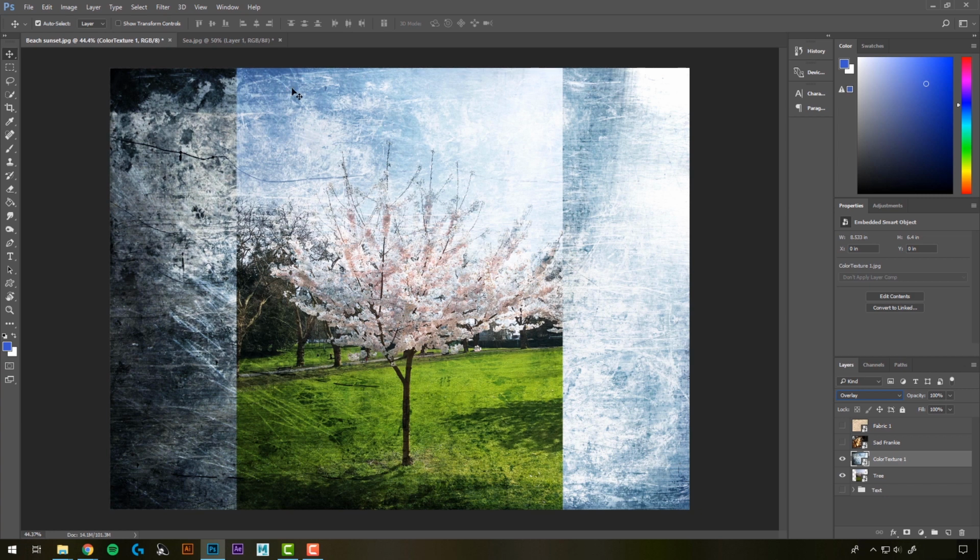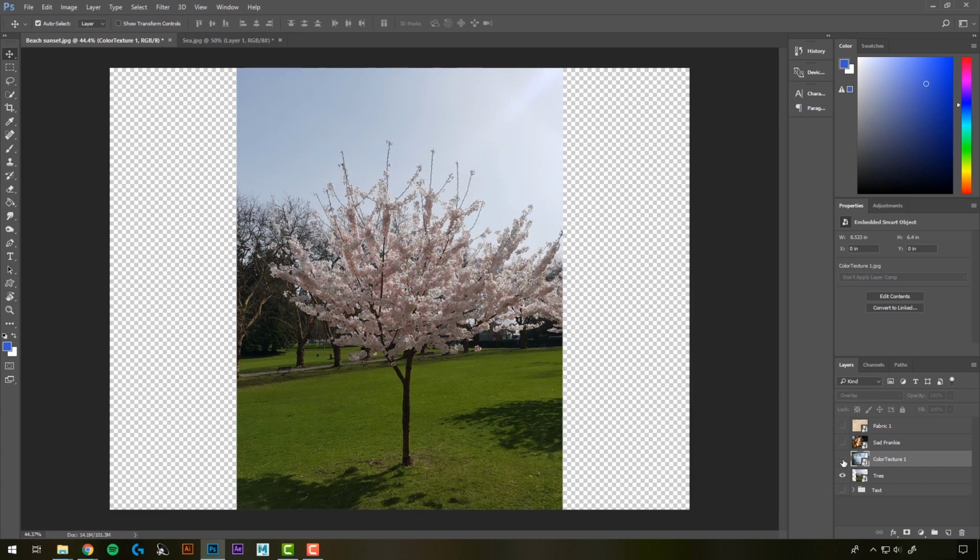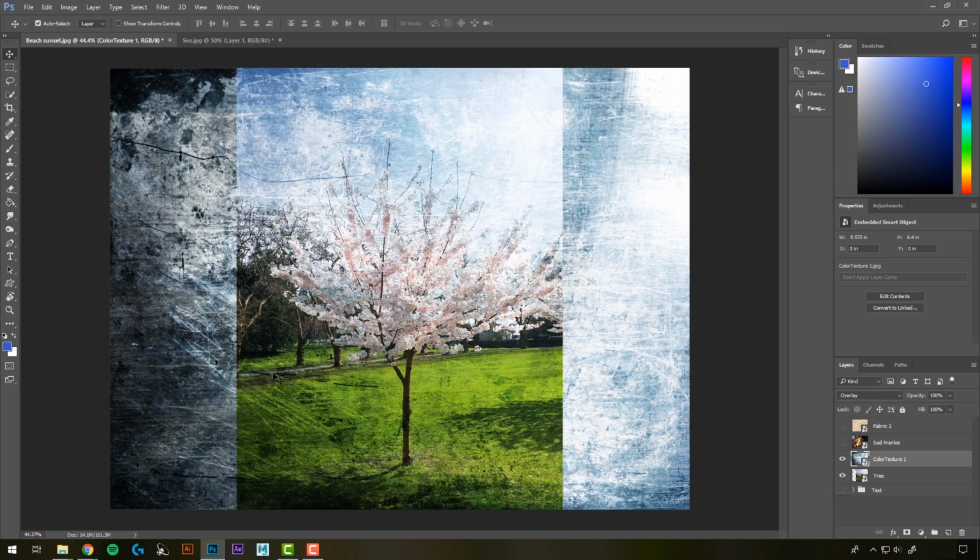But what it's doing is covering the entire thing, even where the photo underneath it isn't showing, where it's transparent. This is the transparent section. So what if you only want it to affect the photo beneath it? You can have it so it just covers that. To do that, you click on it, make sure you're right over top of the layer you want it to affect, hold down Alt or Option on a Mac, and then right in between on that line,